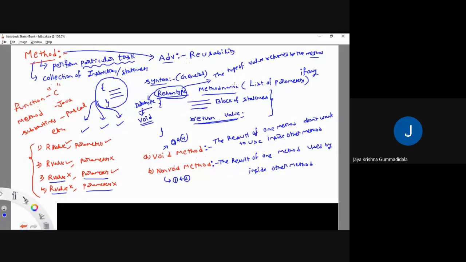Okay. So that is about return type. Method name means any valid identifier. But I am suggesting that if the method name contains more than one word, the first letter of the first word should be small, and for the consecutive words, the first letter should be uppercase. For example,